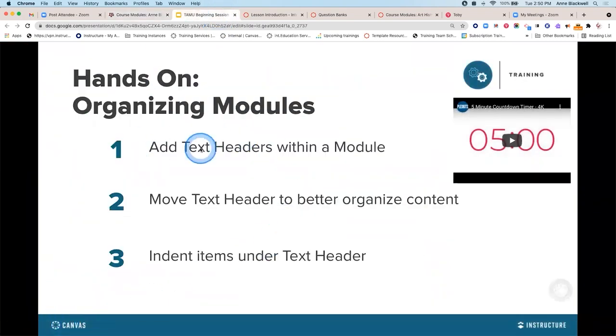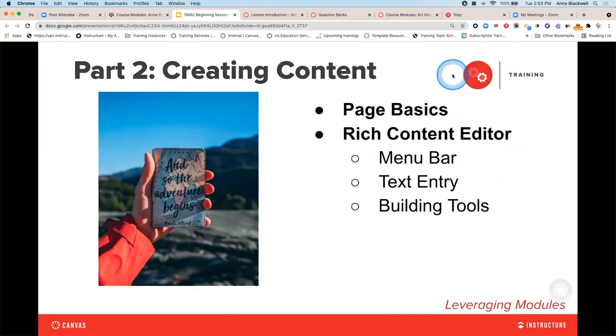All right, add those text headers in. If you're using the template and you've duplicated the template, just hit the three dots, edit, and put in those numbering conventions. Okay, I am going to introduce the next section and we are going to take a break because